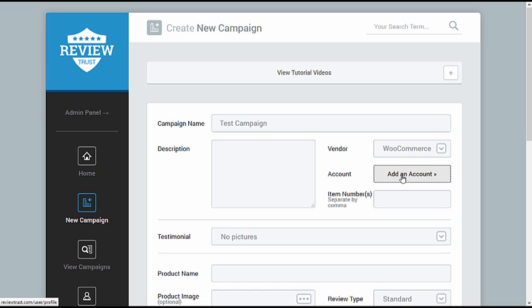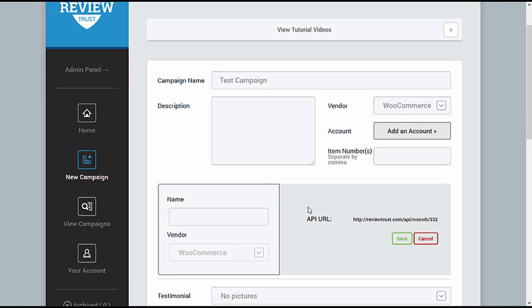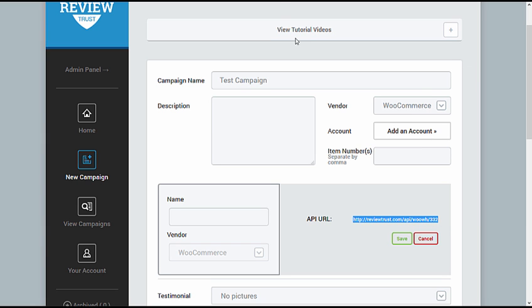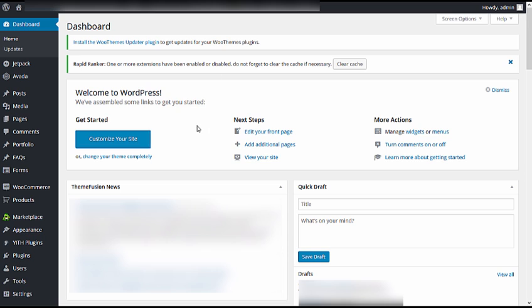Next, you'll click on Add an Account. This is going to bring down an area just like this. You can also get to this area by clicking on the Your Account button located over here. The next step is to take the API URL. We'll highlight that, we'll copy it to our clipboard, and then we'll log into our WooCommerce account within our WordPress